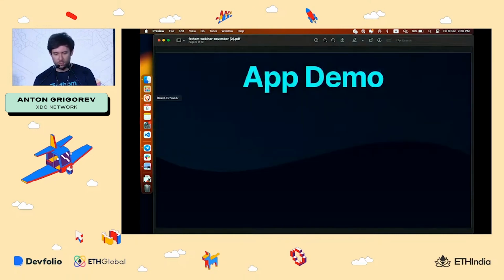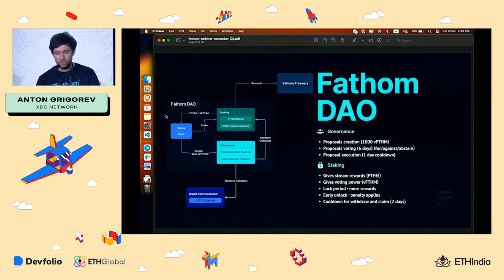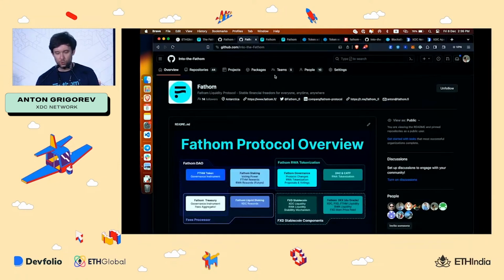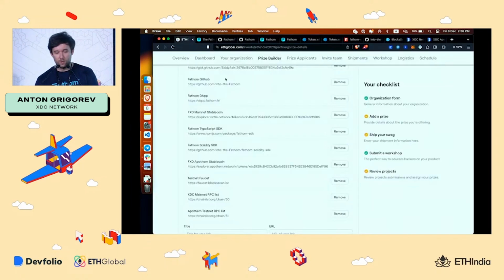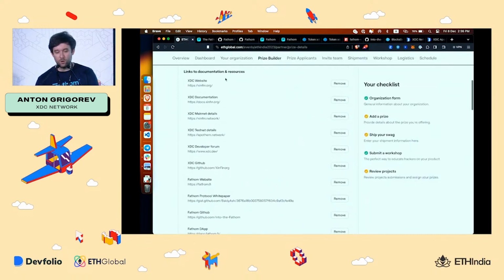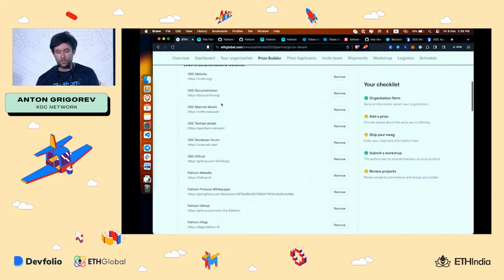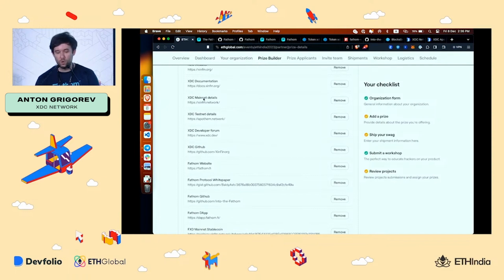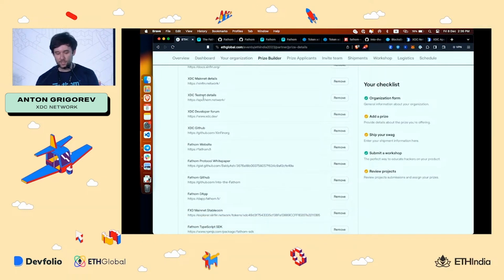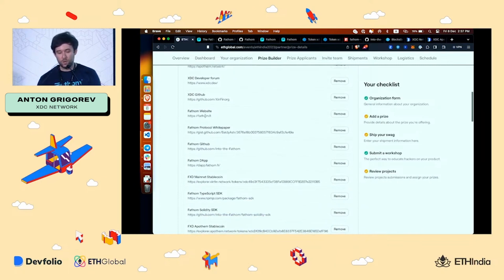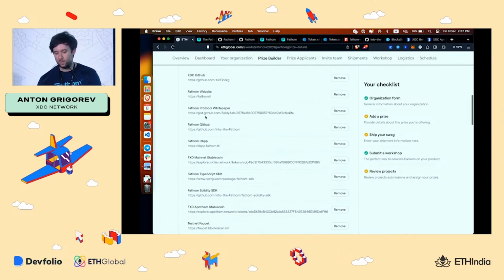I think I can talk more about Fathom, but I want to encourage you to build something with us. On the Global website, you can find all the necessary links. You can find links that will lead you to XDC information, XDC mainnet, testnet, and the developer forum. Also, you can find our website, our white paper where all the technical moments are described, and our GitHub where you can find all the open-sourced work, meaning we're fully open sourced.